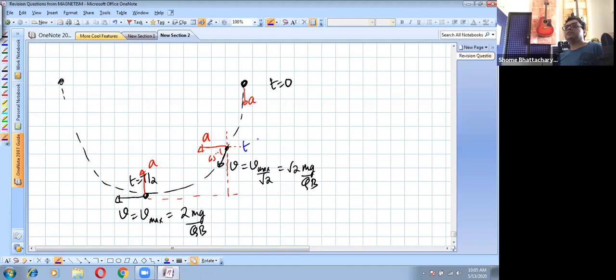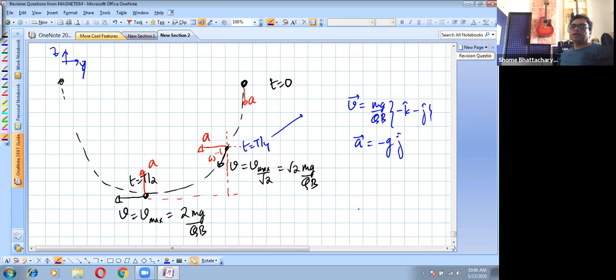At this time t, which is T by 4, the velocity vector will just become like mg by qB minus k cap component and minus j cap, like this, and our acceleration vector will just be minus g j cap. Okay. And that you can also understand if you do it more fundamentally, because when the velocity is